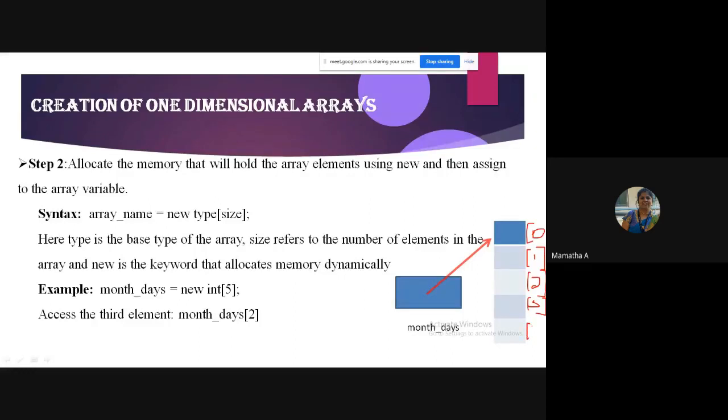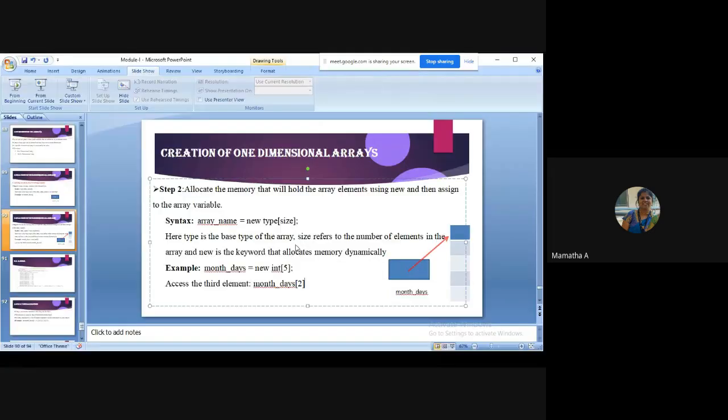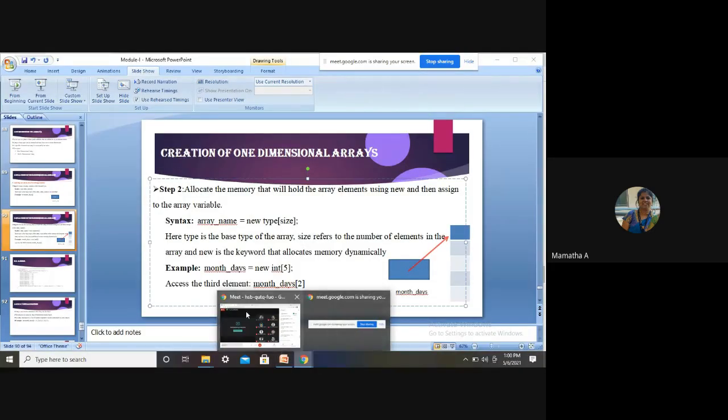Can anybody guess what will be the index of your last element always? It is N minus 1, that is size minus 1. If the size is 5, the index will be 4. Are you all understanding?